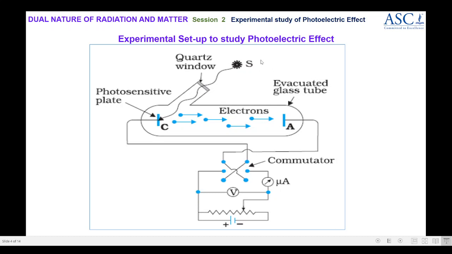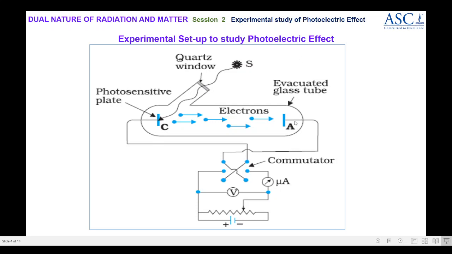The first one is the intensity of the light radiation. Intensity means the energy of the light radiation which is emitted per unit area per second. And then the frequency of the light radiation. Frequency is specific to one particular color. When you vary the frequency, the color also varies. As you know that white color is made up of 7 constituent colors. Each color has a different wavelength and frequency. So if you choose a different color, the frequency also varies.